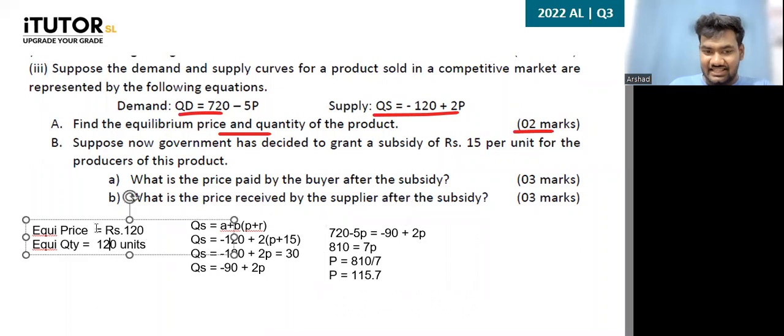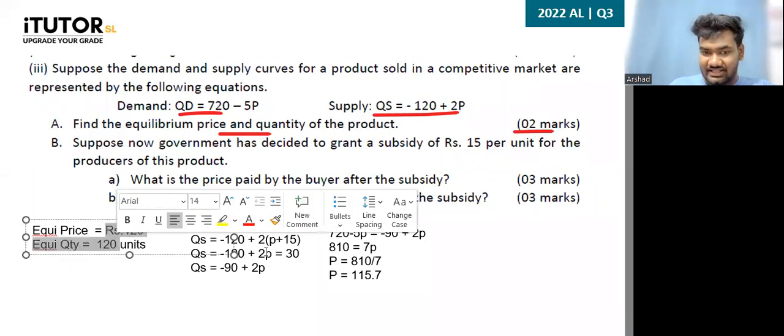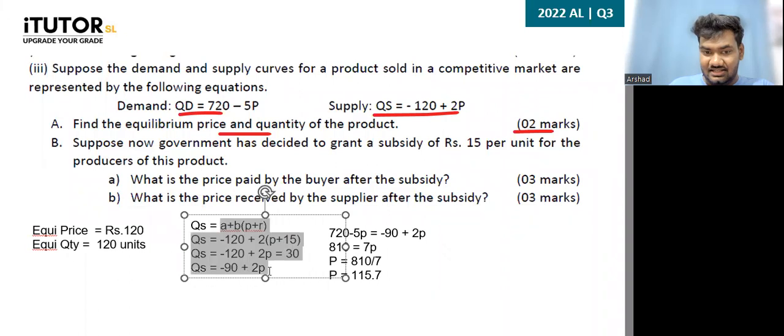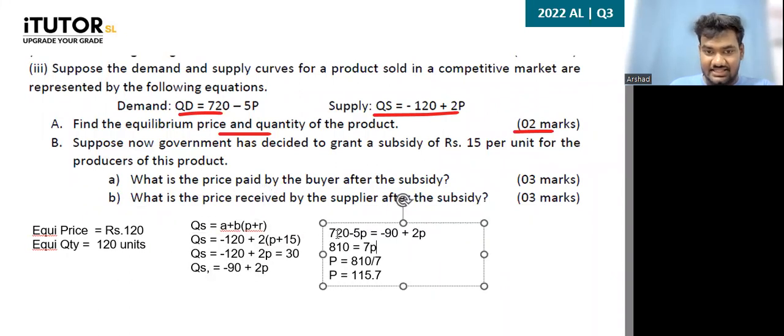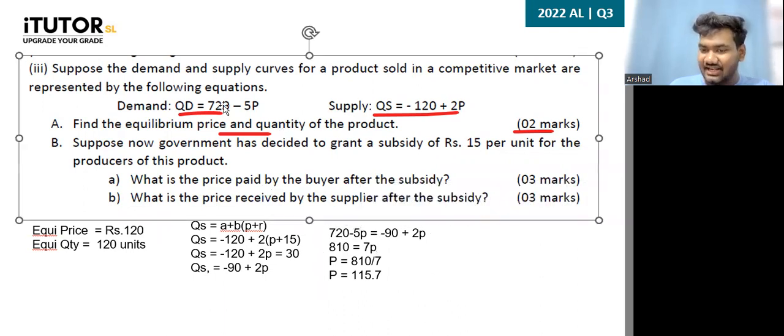Are these correct, guys? The equilibrium price and quantity, the QS equation, correct? Yeah, and then 720 minus 5P plus 2P. Is the question also correct? Did I type the question correctly? Let me check the past paper. The answer scheme is not out yet, but I think teachers who are going for paper marking have the answer right now. Is it 30? Have I typed the past paper wrong?